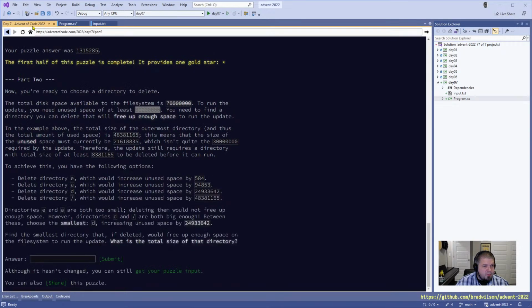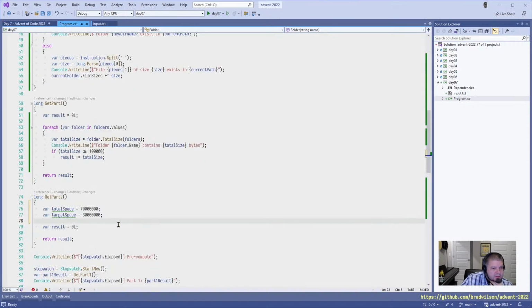Right, so we basically want to order these and find the smallest directory that, if deleted, would free up enough space on the file system to run the update. What is the total size of that directory? So we basically need to hit this. Okay, so